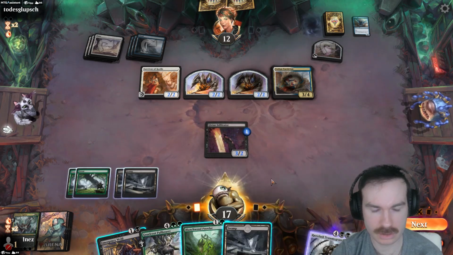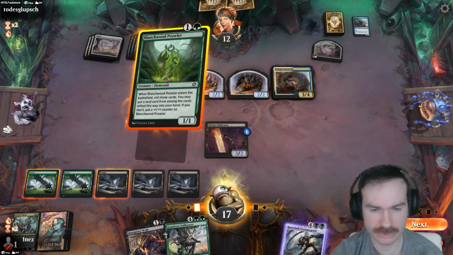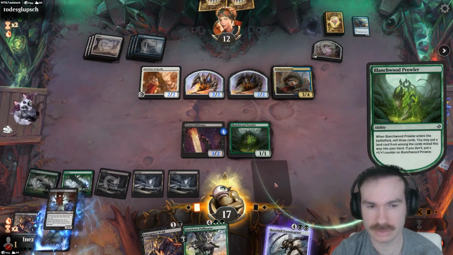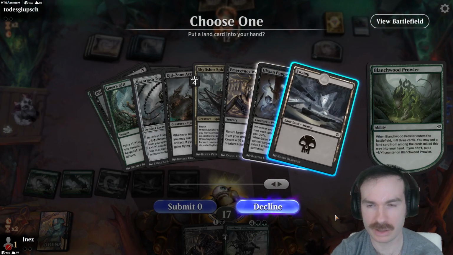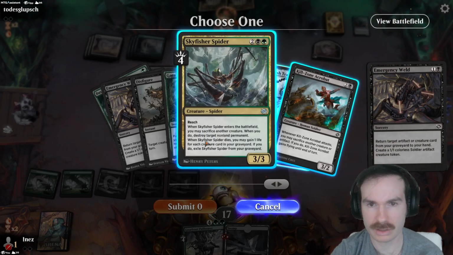Alright, so there's 5th land, so we'll go... I guess we can Prowler first. See if we find a better target for it. I doubt we do, but... I'd rather have a 2... Well, we're probably going to end up sacking the Prowler, so I'll just take the land. That way we can cast the Pallbearer next turn. We'll do the weld. We'll get back the spider